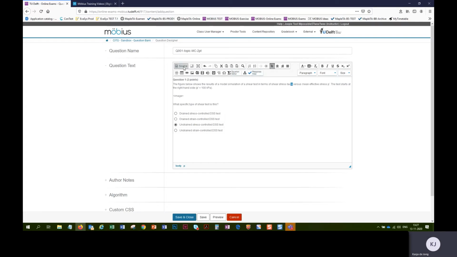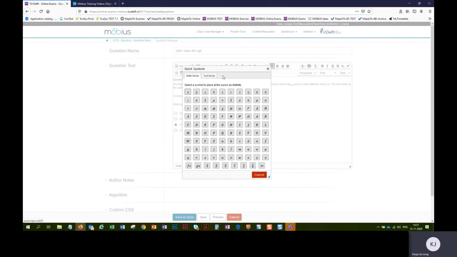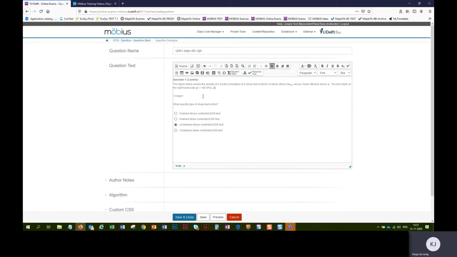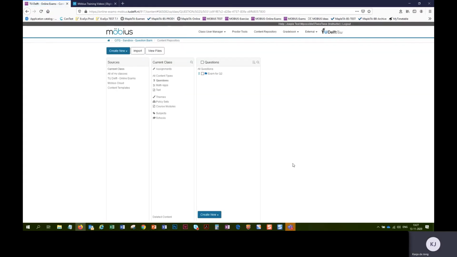You have many options in the menu bar to create superscript or subscript. It's over here right now. But you can also use the symbols, for example, if you need Greek symbols. And then you save and close it. I know I have to insert an image, but I just wanted to show you, if you save and close it, you will see it in this